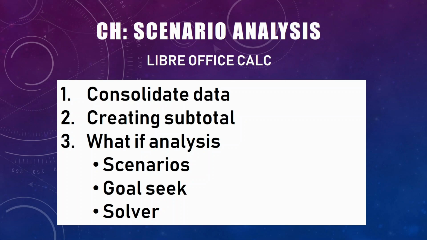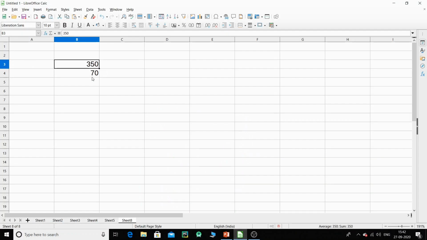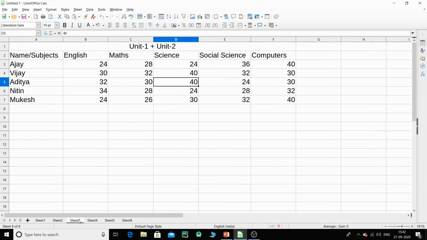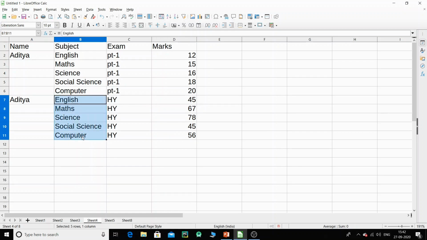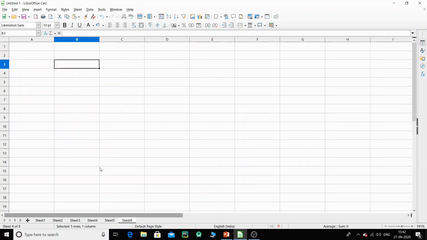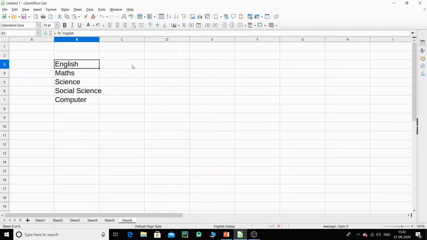Basically it is going to show the exact picture for us. So how to do this is, let me delete everything out here and go to this particular sheet. I will copy this and paste it out here, and marks I'll copy and paste out here.